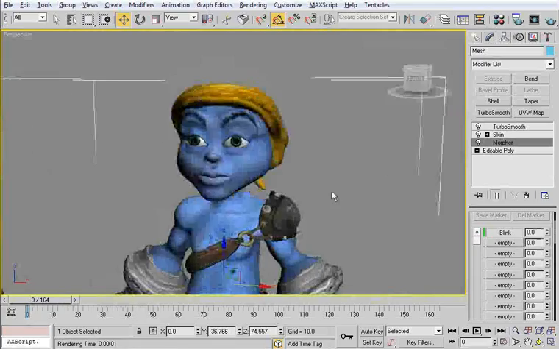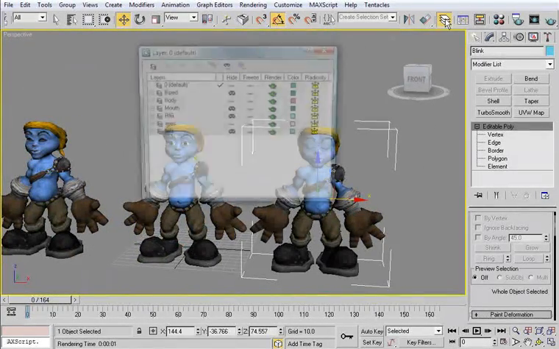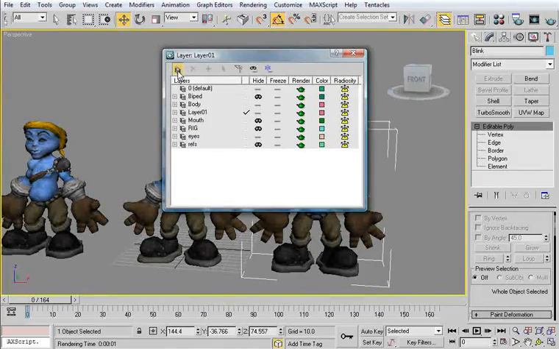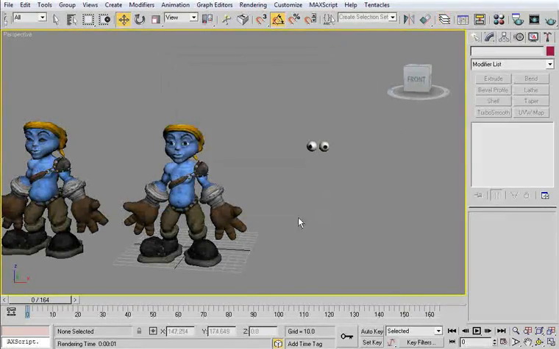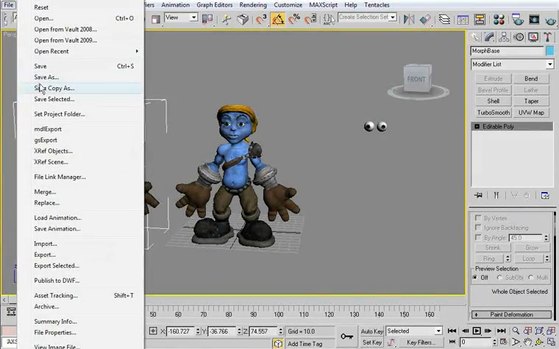Alright, so now I'm going to select on this guy, go to my layer manager, and make a new layer, Morph targets, and we can see the blinks in there, so we'll go ahead and hide the blink, and go ahead and save,